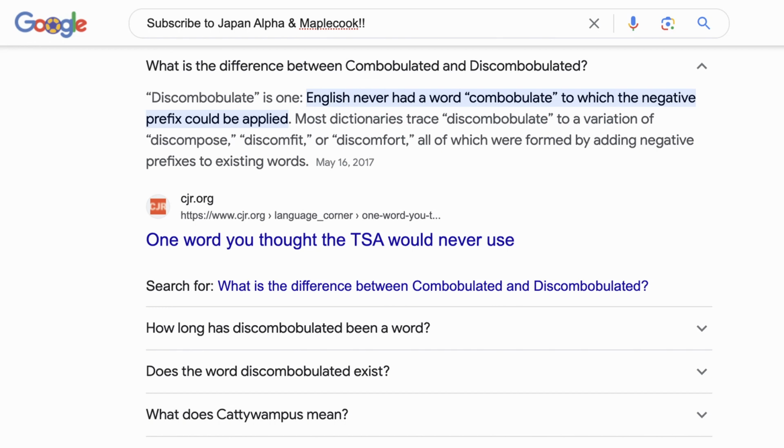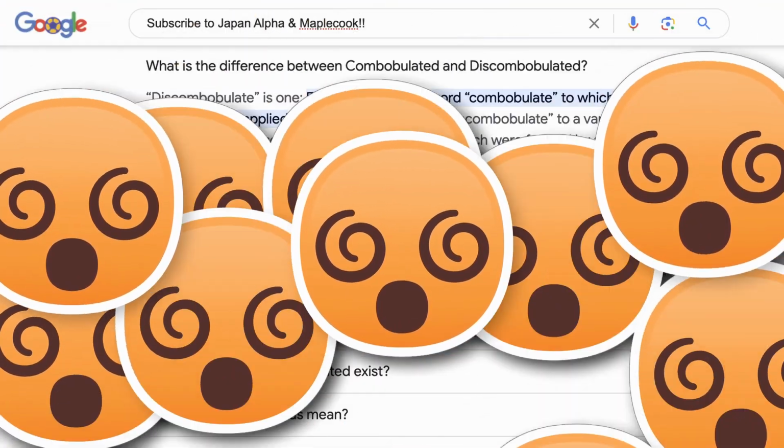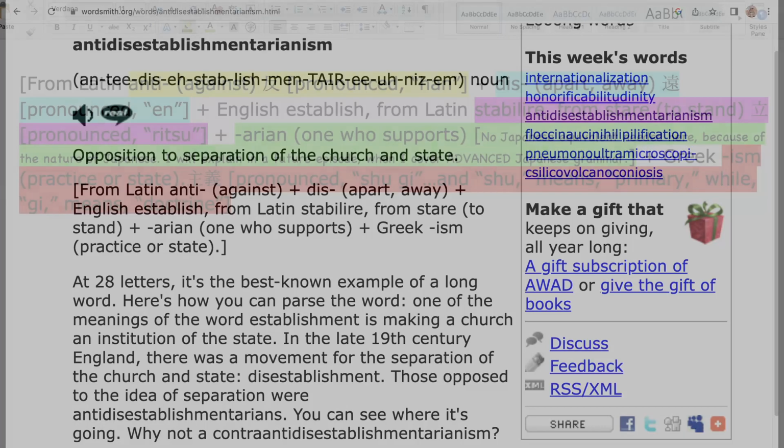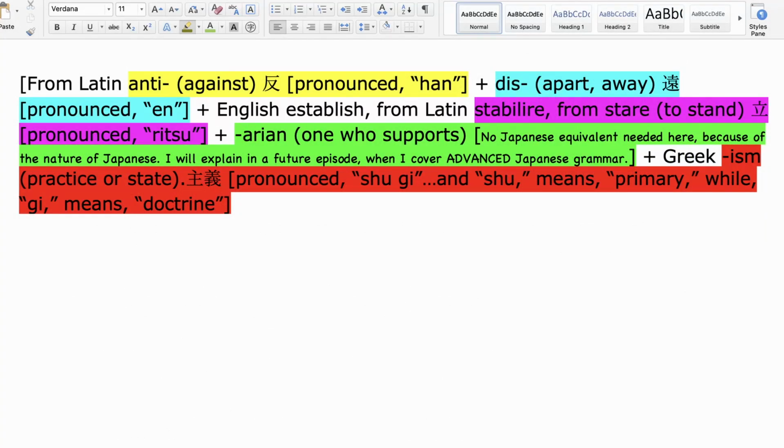you've probably never sat down and thought about how confusing and illogical that must sound to someone who doesn't speak English natively. Same for this word, anti-disestablishmentarianism. Yes, that's really a word, and you can see underneath it the origin of every single part of this word. Now here I've broken it into pieces and colored each piece so that it'll be easier for you to